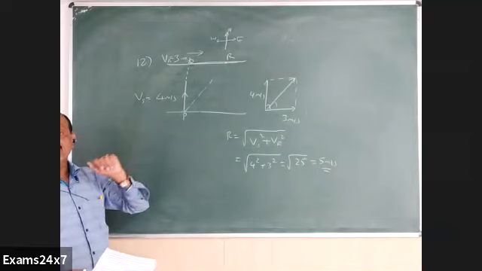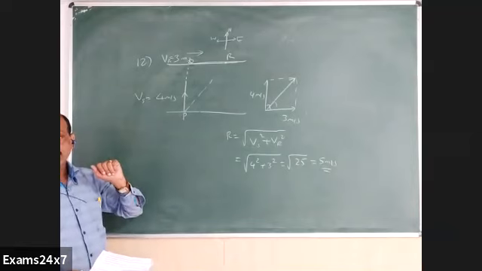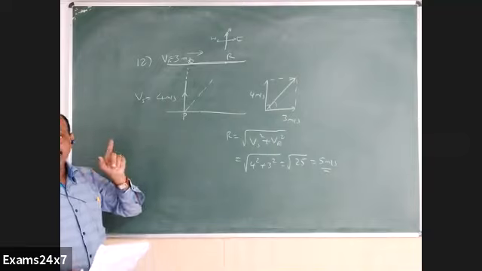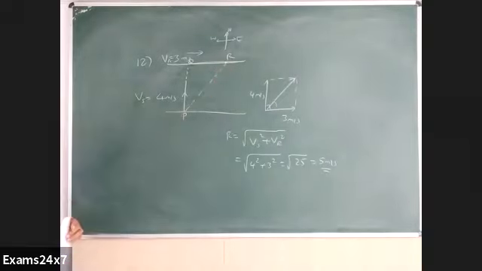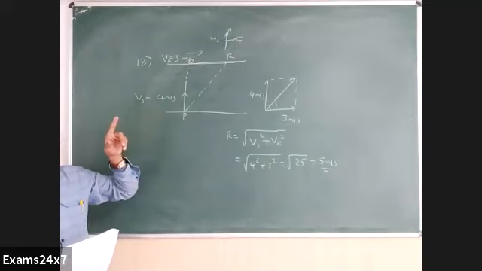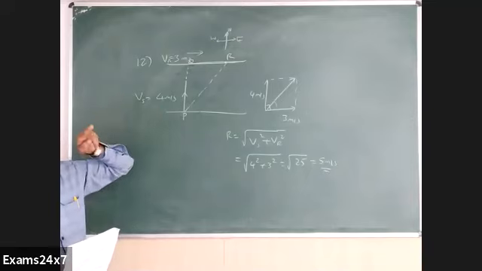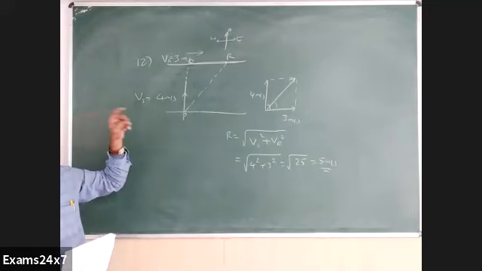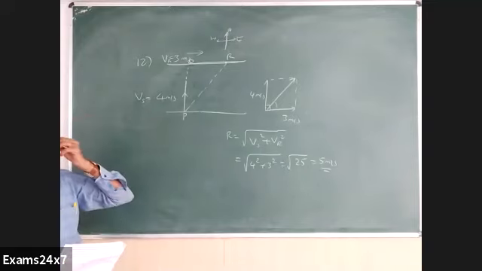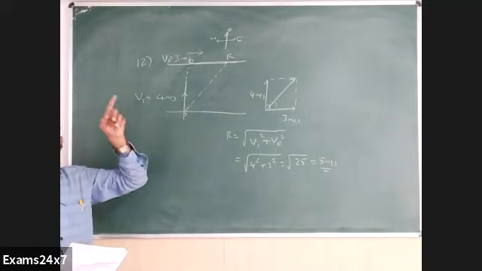Whether his path is the shortest now? What is the path here? Path is PR, which is not the shortest, because which is the shortest path? PQ is the shortest path. He is not going along PQ. He aims to go along PQ, but ends up going along PR. So it is not the shortest path possible.